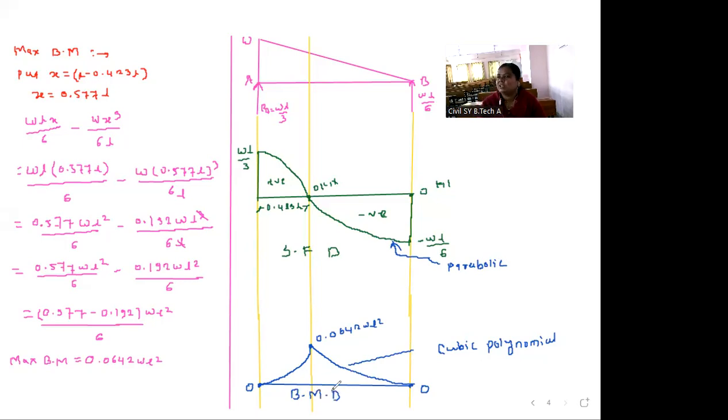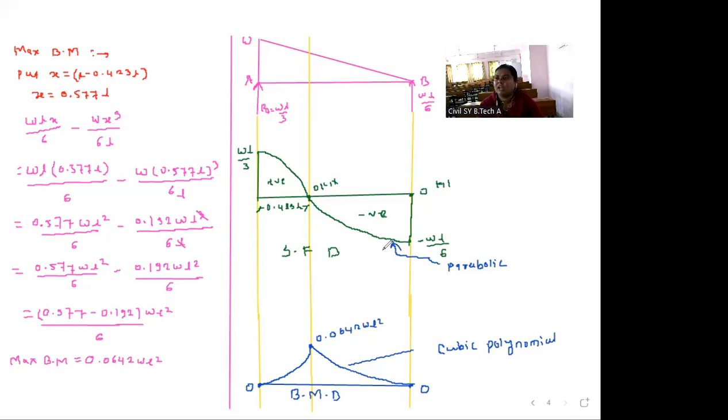Okay, so you just have to remember the shear force for uniformly varying load is WL by 3 at A point and minus WL by 6 at B point. Please remember. And the maximum bending moment is 0.0642 WL square. So at least remember these values and the shape of the bending moment and shear force diagram,